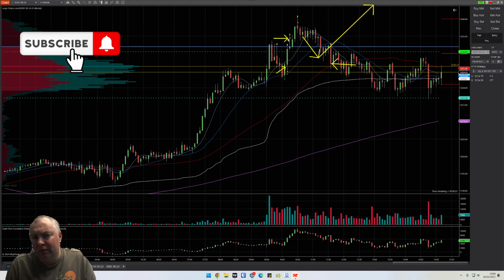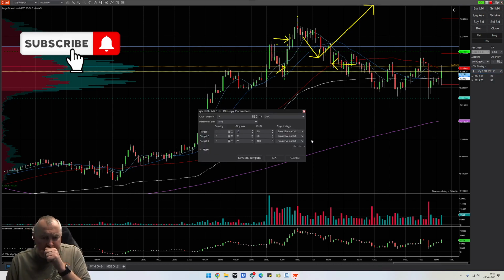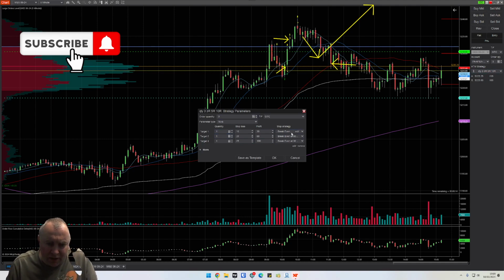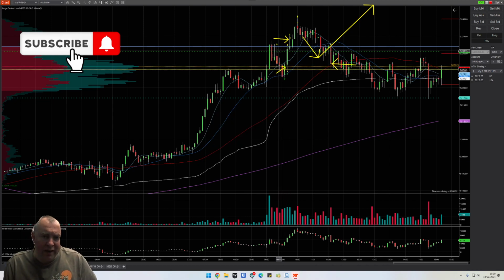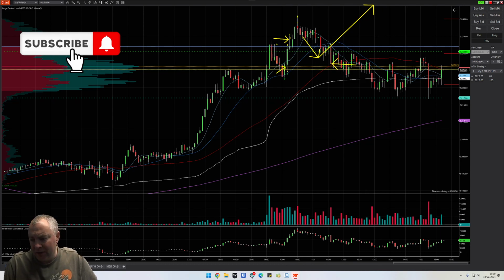As soon as I hit 3R, I have my NinjaTrader and strategy set to break even at 30 ticks. So I've got a stop loss of 10, 20, 25 and my profit of 30, 50 and 100 ticks. And I always go to break even when I hit the 3R mark. So as soon as I hit that, it was a risk-free trade and I didn't have to do anything to